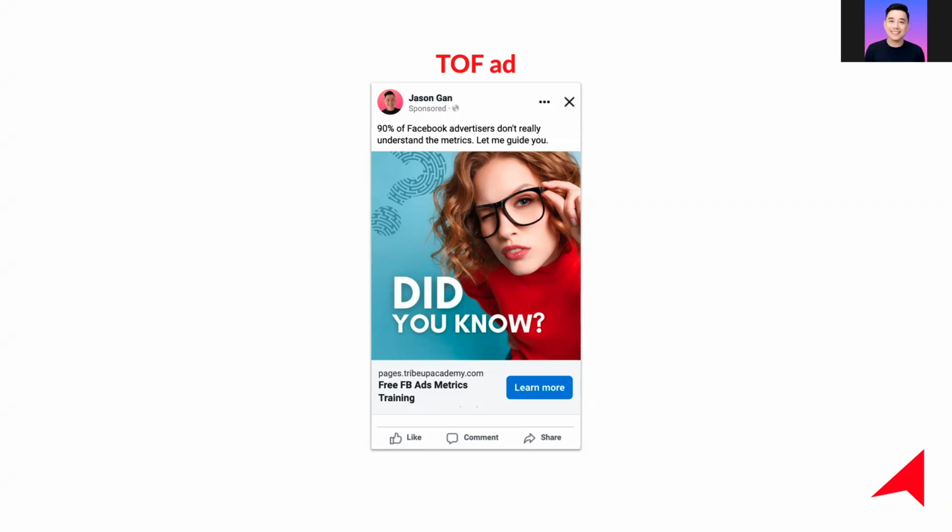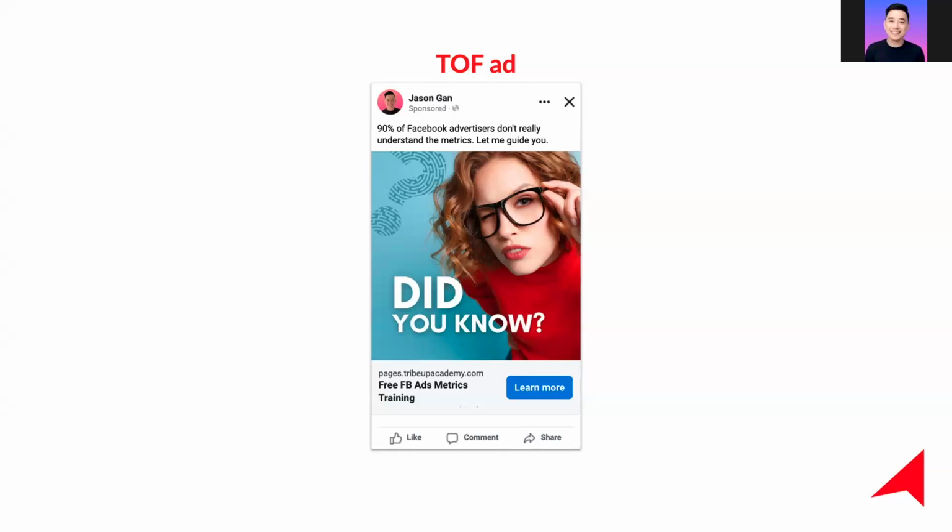But when it comes to lead generation, it may not be the case, because lead generation may not need that much, I mean, the retargeting journey. I'm not saying that you don't need it. I'm going to show you some examples later, where some of my lead gen clients actually benefited from a very robust retargeting journey to remind these people. But most of the time, when it comes to lead generation, the top of funnel should work well in terms of getting the leads in. So this is how it works, right?